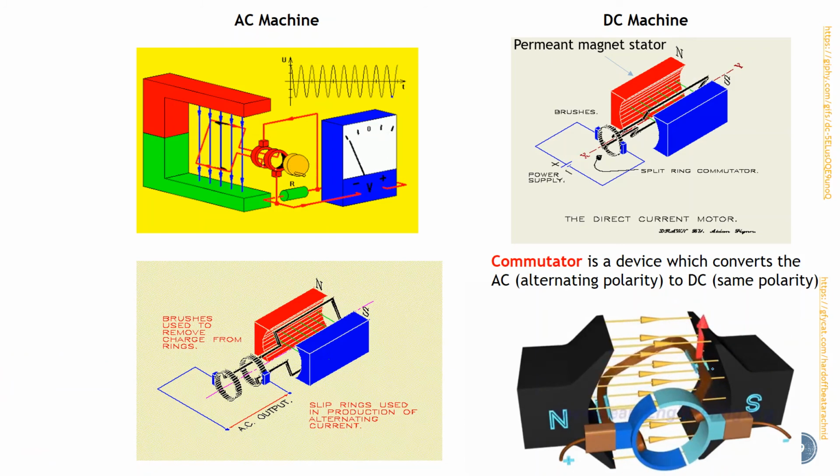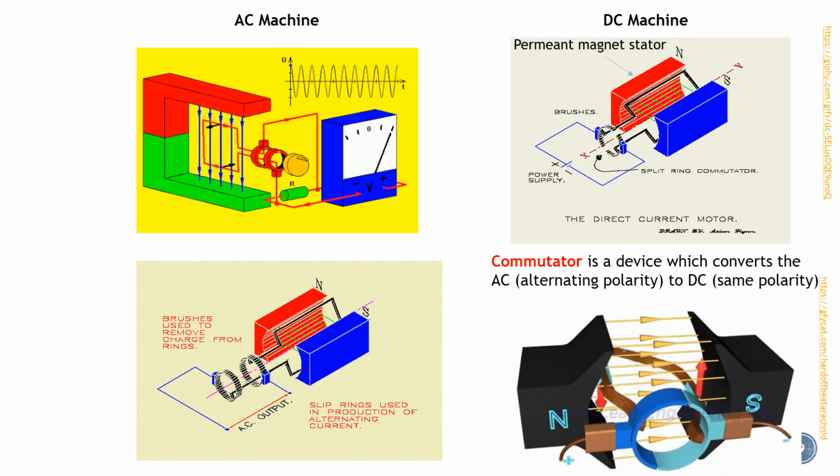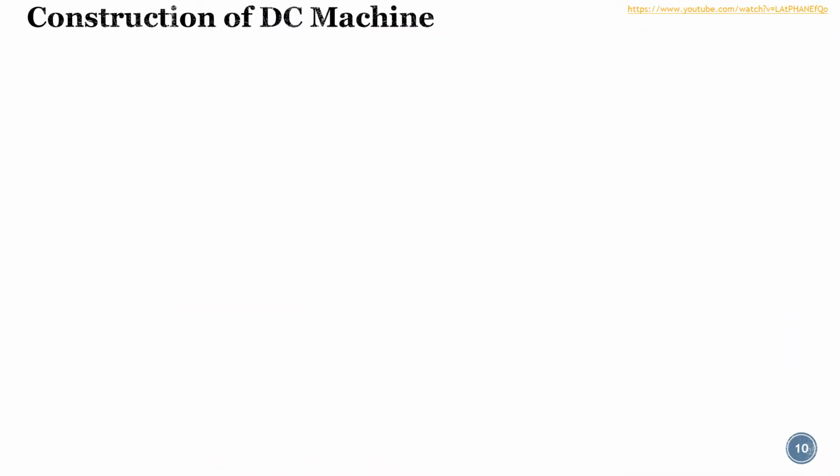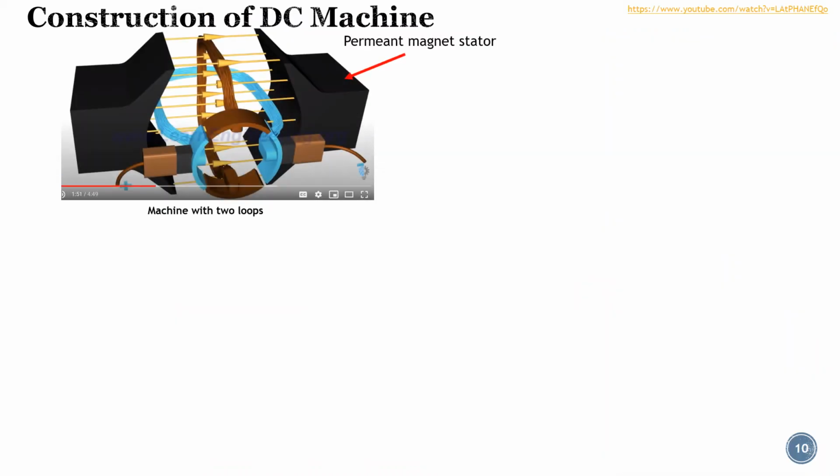In the DC machine, like for AC machines, we could have only one armature, one rotating loop, or we could have multiple loops. For example, this figure is showing two loops. You use one armature loop and you have another armature loop because you want to increase the efficiency of your motor and smooth the operation of the motor. When we add a second armature loop here, we will use a separate commutator, or a separate split ring for that one.